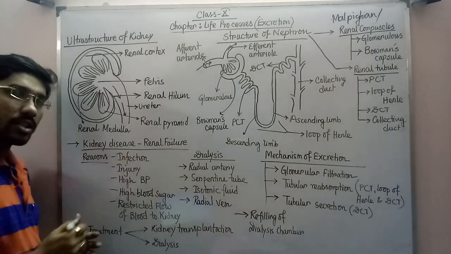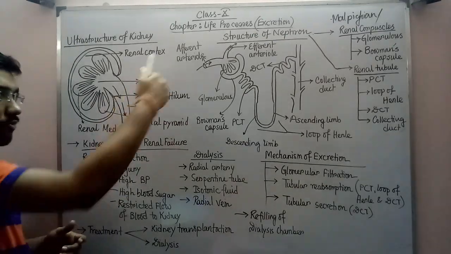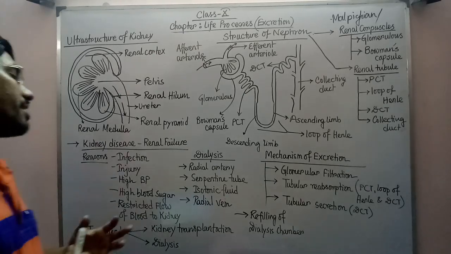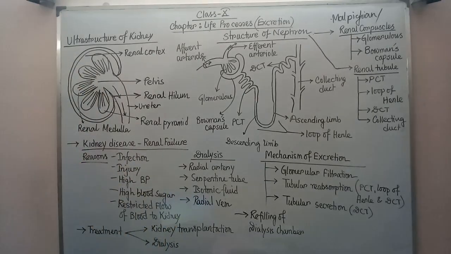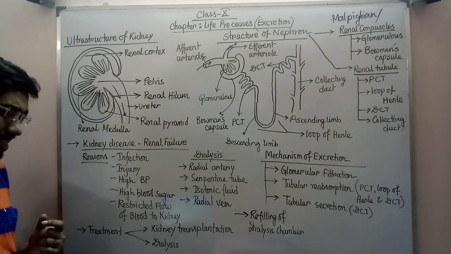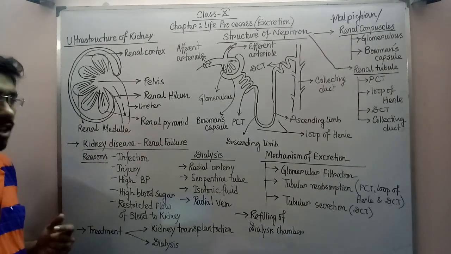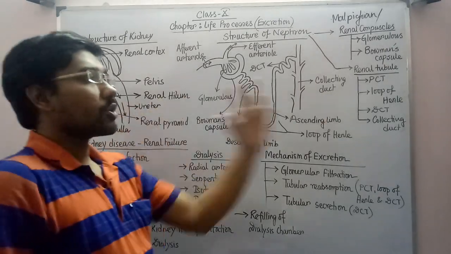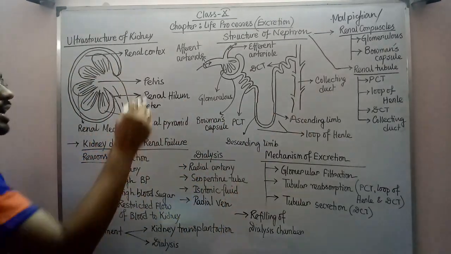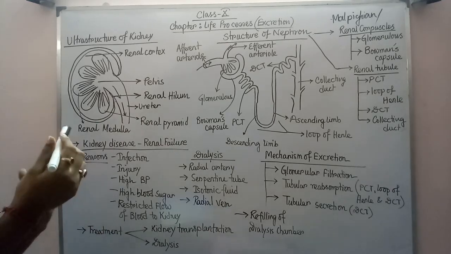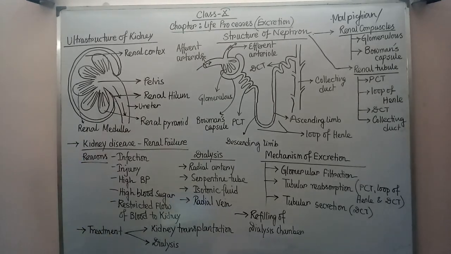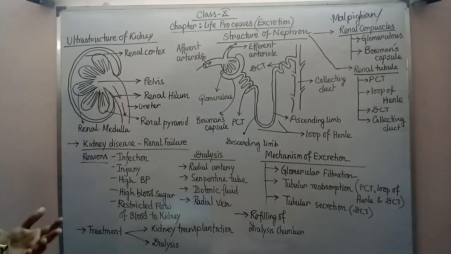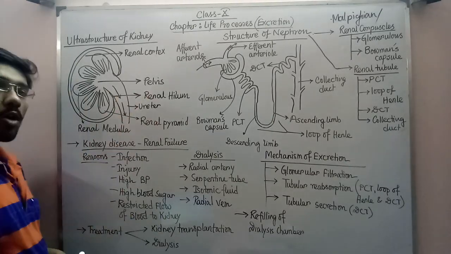First reason can be an infection in the kidney, so that these nephron parts cannot function properly. Second, injury in the kidney. Keep it in your mind, if the kidney gets injured by internal hemorrhage or by any accident, obviously it can't function properly. If for any individual the blood pressure is high, when the blood is flowing through the artery the pressure is huge, obviously the kidney can't properly filter the blood because the pressure of the blood is quite high. So for that reason, high blood pressure patients have the problem of kidney failure.